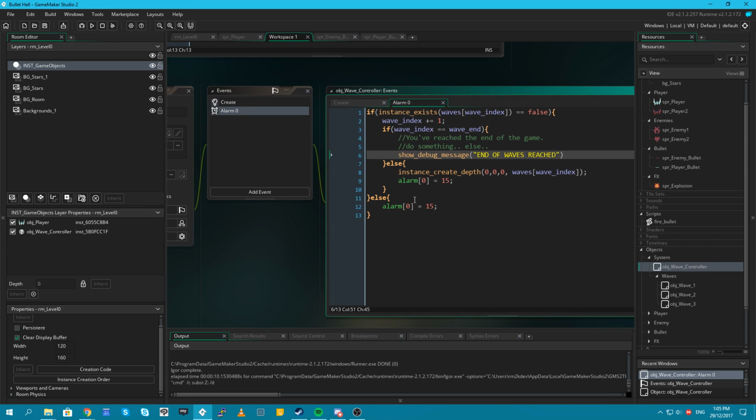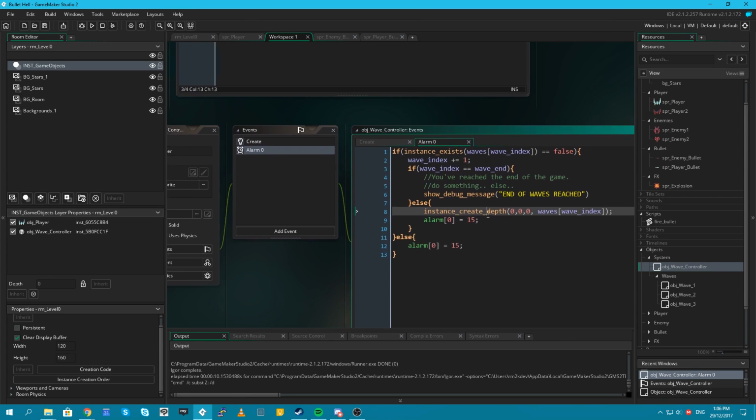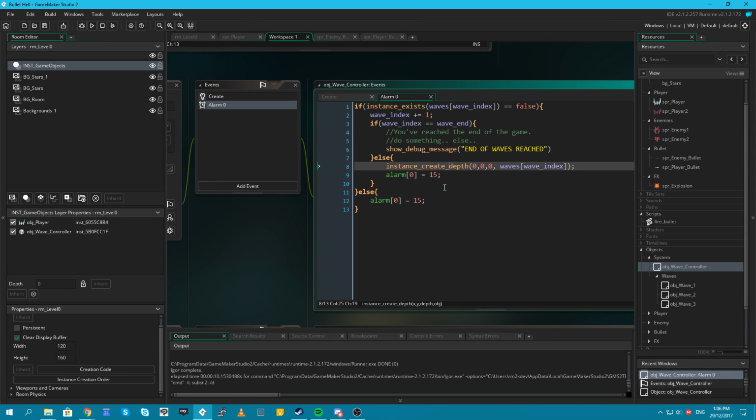Ooh. Why? It won't process anything again. The if statement will process. This will execute. It'll show the debug message. And then that's it. The alarms will stop because it never reaches another alarm token. So it won't keep processing or anything like that, if that's what you mean.